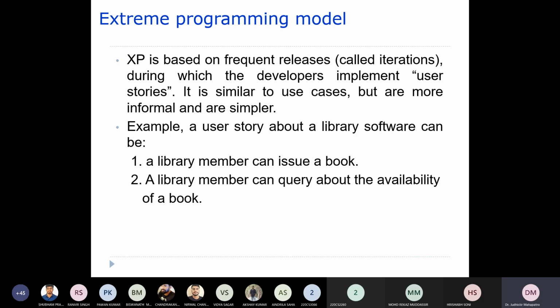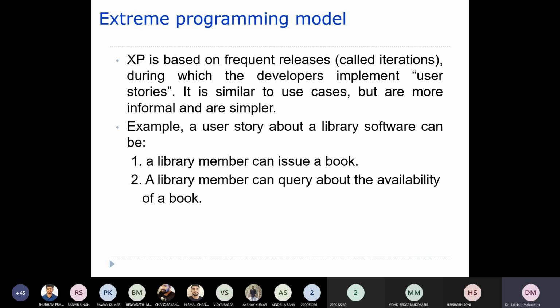Let's say one example here: as part of every iteration, the user stories are getting implemented by the development team. So what is a user story? They are the formal statements given by the user.